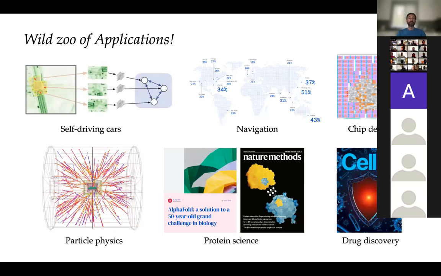So, as I said, there is a wild zoo of applications from self-driving cars to navigation. Petra was actually involved in a product that DeepMind did with Google, improving the estimation of arrival time in Google Maps. That was quite a dramatic improvement, and this is already used in Google products. And there are many more interesting applications. I don't expect to overview all of them, but let me mention some of those that I consider to be cool and important and exciting.